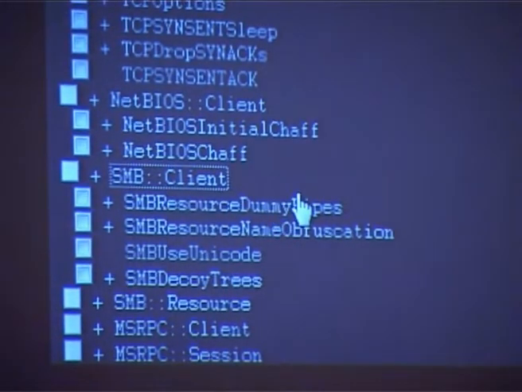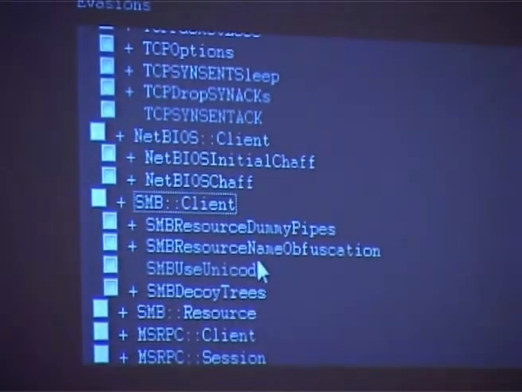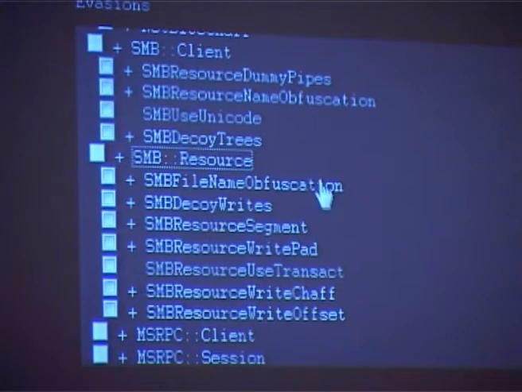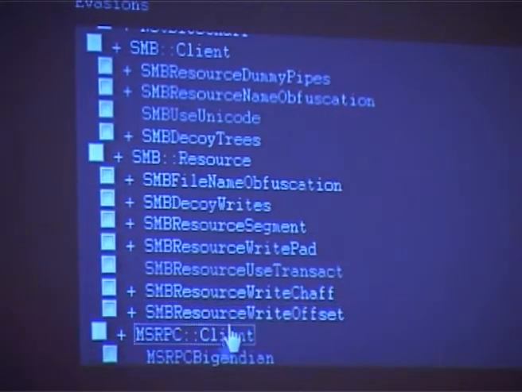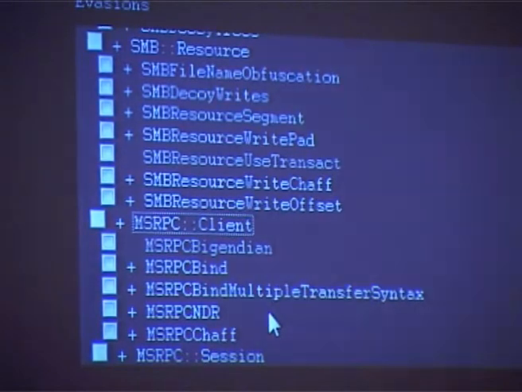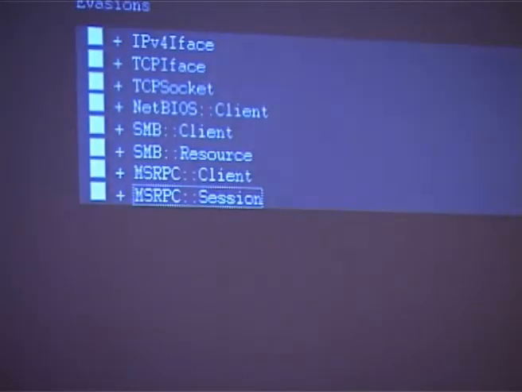On the Windows side, then SMB: different multiple connection type things, simultaneous connections with the attack. SMB resource segmentation, different write methods, broken write things. And MSRPC. These are mostly the same as in Metasploit. These bind kind of things. And then session fragmentation. But even before going to the actual launching of these exploits, just want to point out